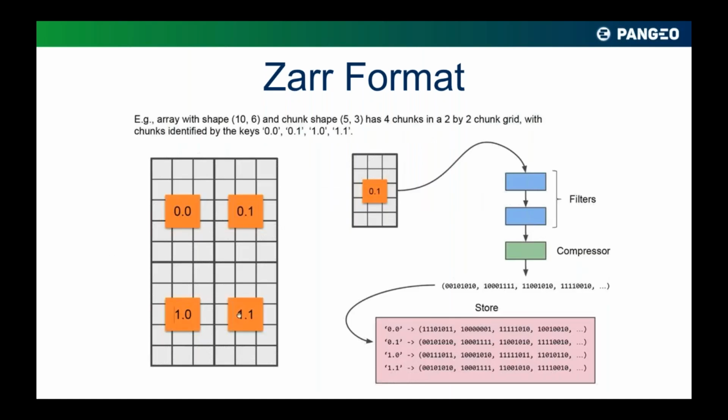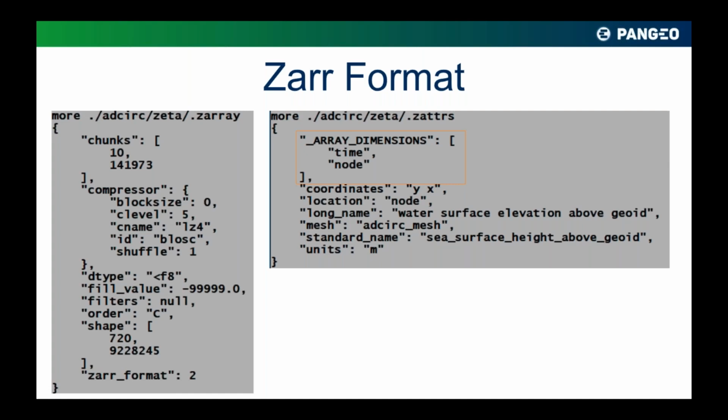John basically described this: in Zarr there are chunks, and each chunk has a name like 0.0, the keys. So any kind of key-value storage mechanism can store this. And what it actually looks like, this is just one of my numerical model outputs from the ADCIRC surge model. If I drop down to the zeta variable, the sea surface height, in addition to all those chunk files, the 0.0, 0.1 and so on,